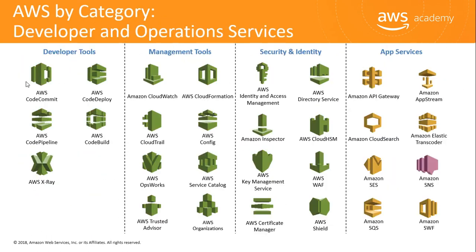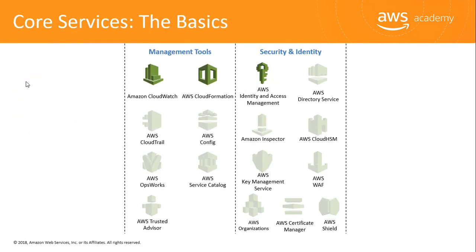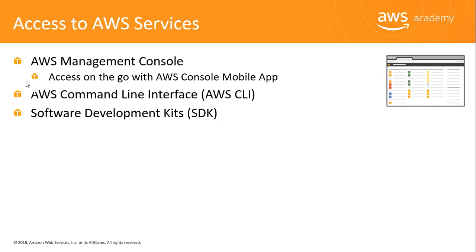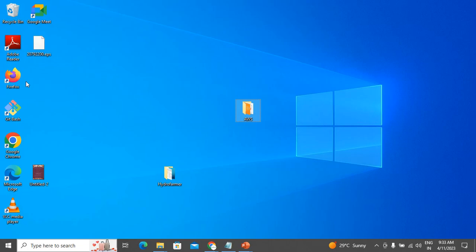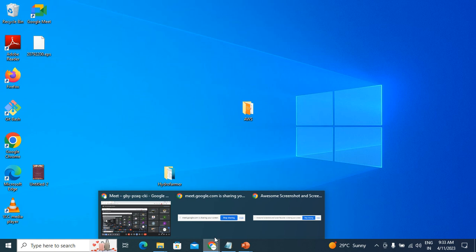Okay, so we understood what the categories are and what the different services they're giving you. Next, how to access these AWS services. One way to connect with services is the AWS Management Console. This is an online portal where you will be able to get access to all of this. The AWS Management Console is nothing but the website where you will be able to access the Amazon services. So simply, you can get into Google and search for